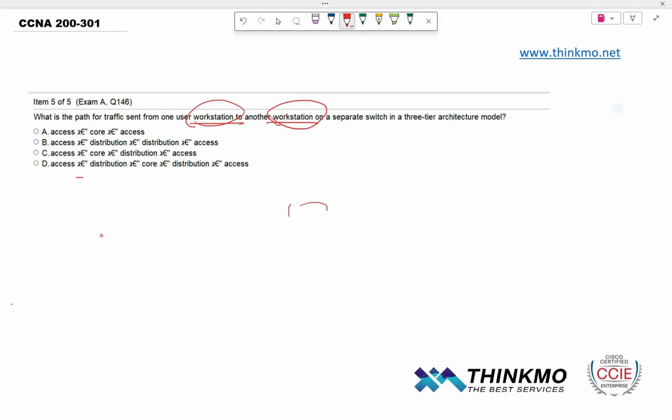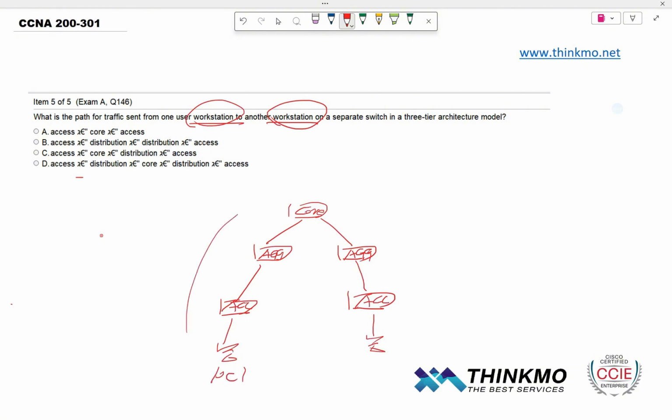Actually, in a 3-layer structure, that is the core, then aggregation, then the access. So essentially, the 3-layer structure should be deployed like this: core, aggregation, access with hosts below. For example, if PC1 wants to send data to PC2 within the same 3-layer campus network structure, right? These are workstation 1 and 2. For them to communicate, they definitely have to go through the first step,